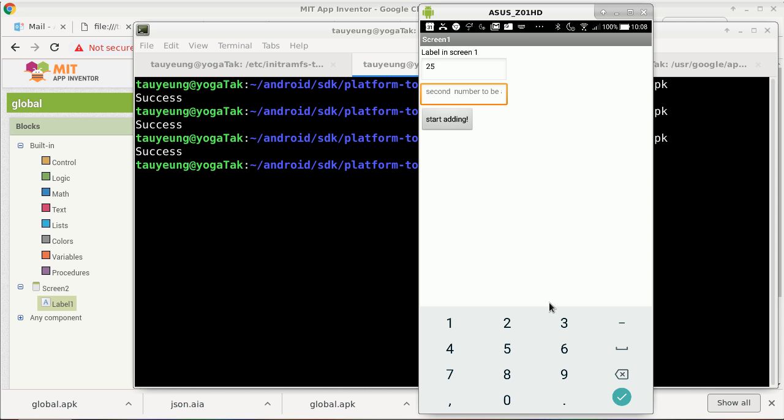So let's say 25 for the first one and 56 for the second one, okay? And then we click Start Adding. And now we switch to the second screen, and you can see how the label text is switched to the JSON representation of a list of the two numbers. Now I can do something about it. Does that make sense? Okay.